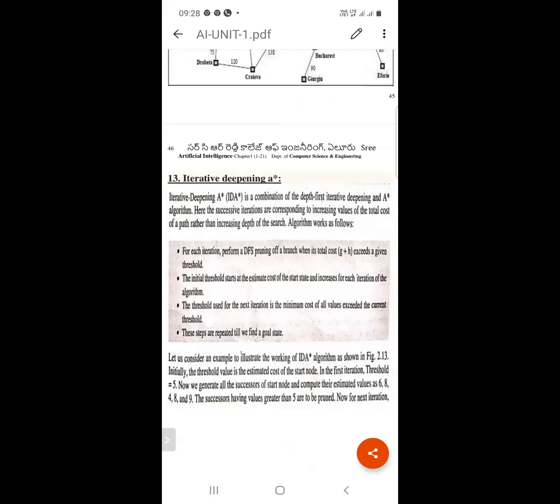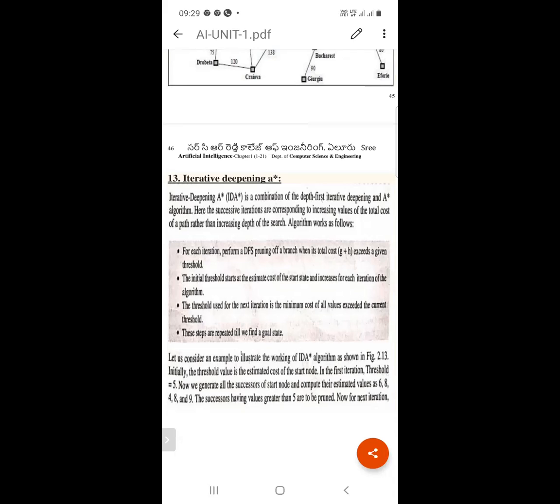The threshold used for the next iteration is the minimum cost of all values exceeding the current threshold. These steps are repeated till we find a goal state.